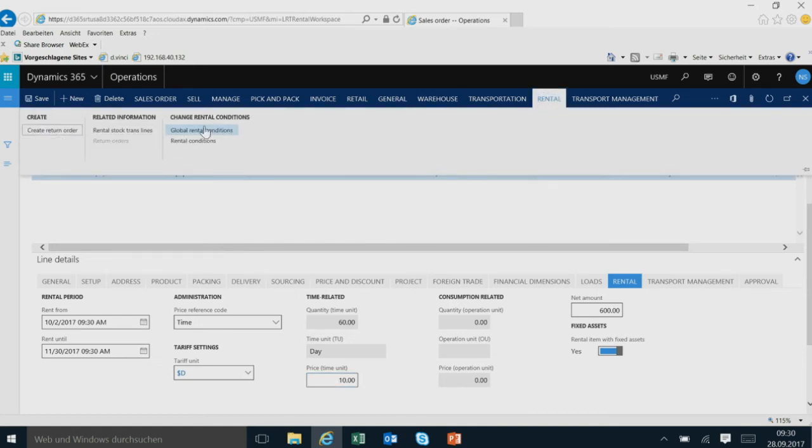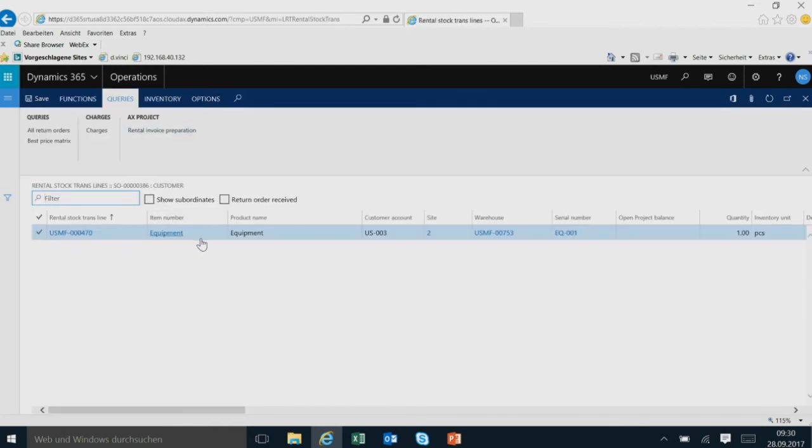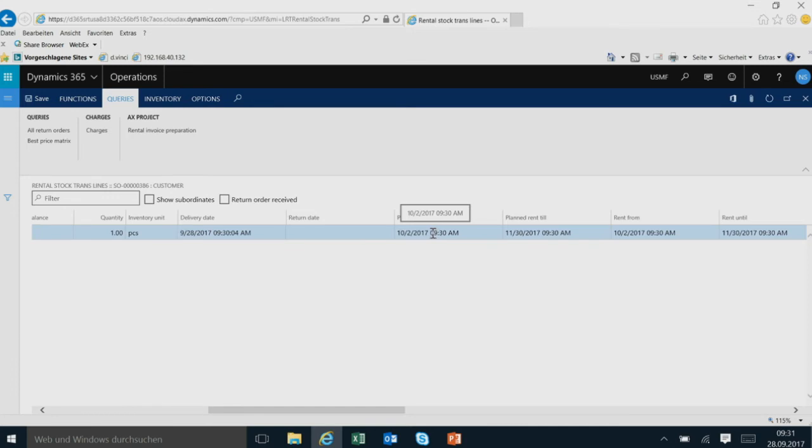You might believe me already, however, I will show it to you anyway. So we have the rental, we call it the rental stock. If we click on this button, it's actually a warehouse that was created in the background, a standard warehouse, but with enhanced information. So we know the actual equipment that is there. We know the customer, which is related to this rental warehouse. We know which equipment is there. We know when it was delivered, when is the planned return date, so the rental contract end date, and the actual dates are there. We also have further information about until which point it is already invoiced and so on.